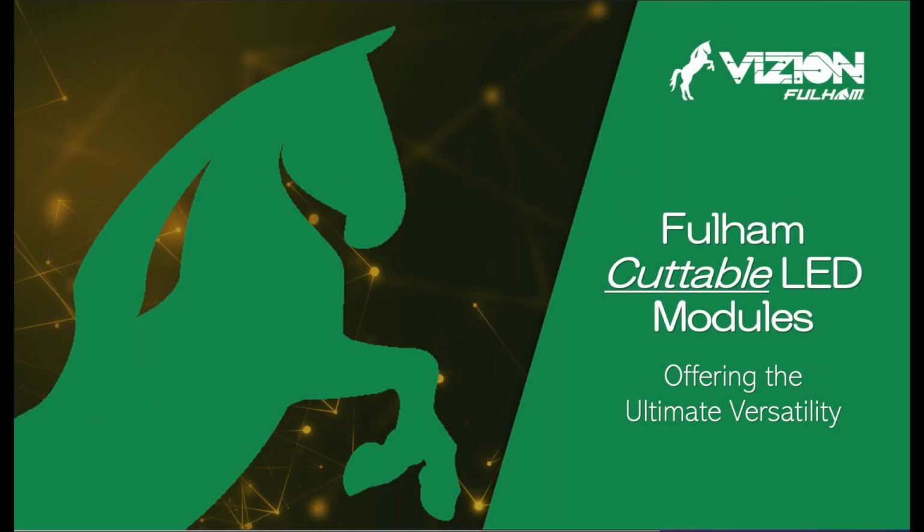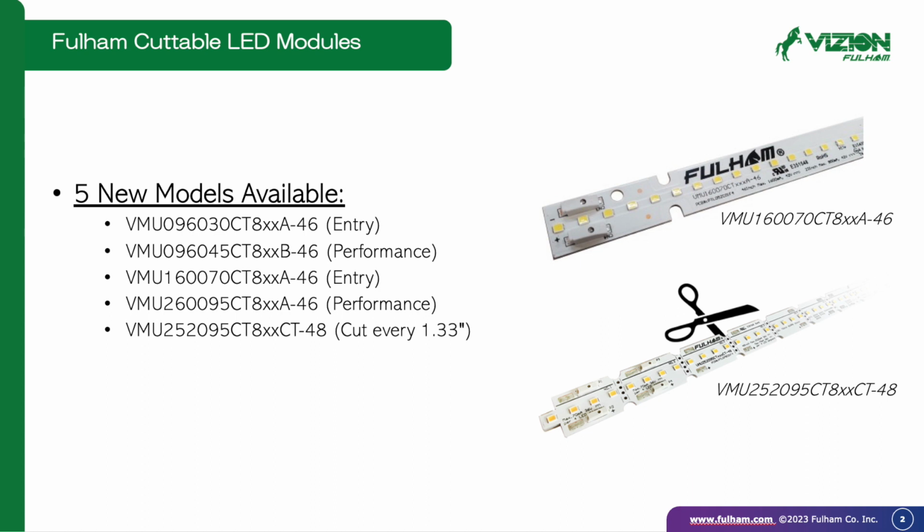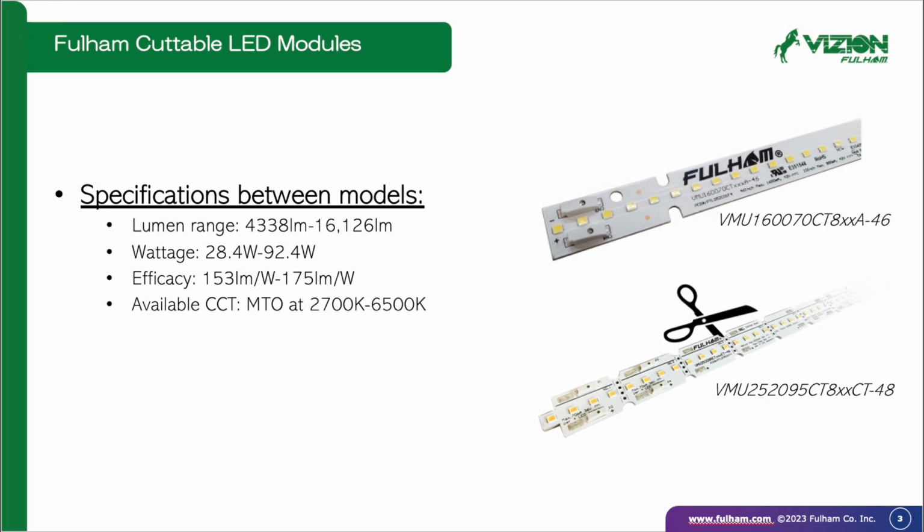Fulham is excited to offer you the ultimate in versatility with Vizion brand Cuttable LED modules, useful for either factory installation or field retrofits. There are 5 different total models to meet your needs, as both 46-inch varieties of different standard or higher performance lumens per watt, plus a 48-inch one that can be cut into increments as small as 1 1/3 inches. Which module you choose with which wattage determines the lumen output, with efficacy at a minimum of